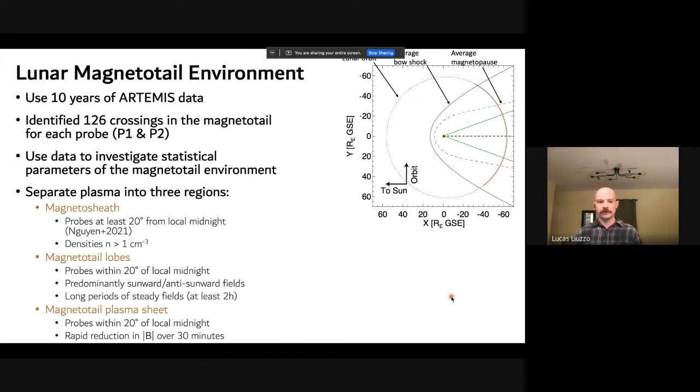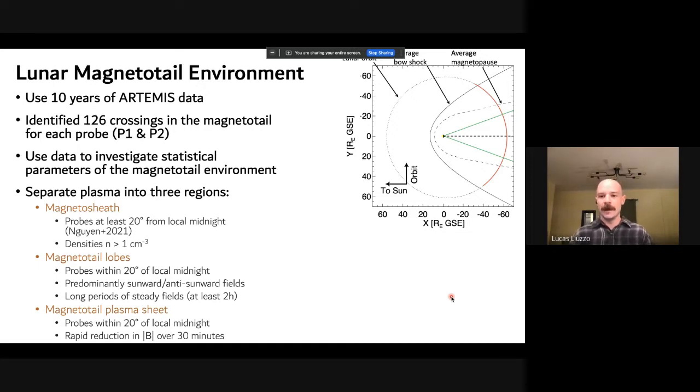To do this, we took 126 crossings of the magnetotail, starting with the crossing in October of 2011 and ending with one of the more recent ones in November 2021. Over these 126 crossings, for each of the probes, there's somewhere around 60 or 70,000 hours of ARTEMIS data. So this really is a huge data set that we have at our disposal to understand the lunar environment. Again, to separate this plasma into different regimes, we can break it up into three main populations: